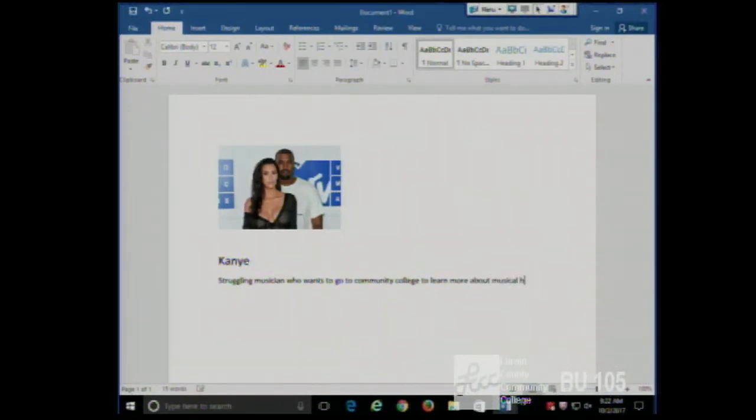Also interested in poetry classes. Now again, I'm being a little silly about this and I'm writing that, but the idea here is this persona